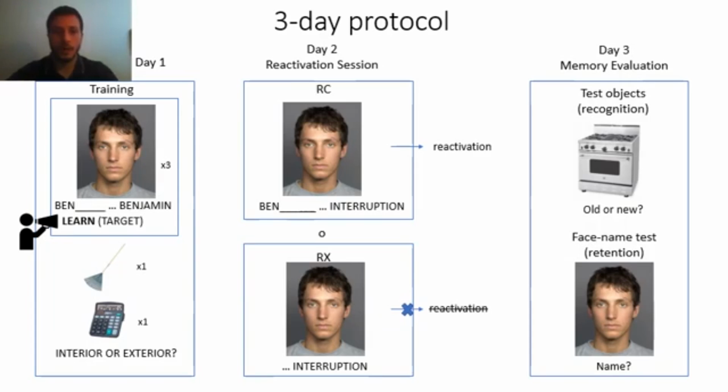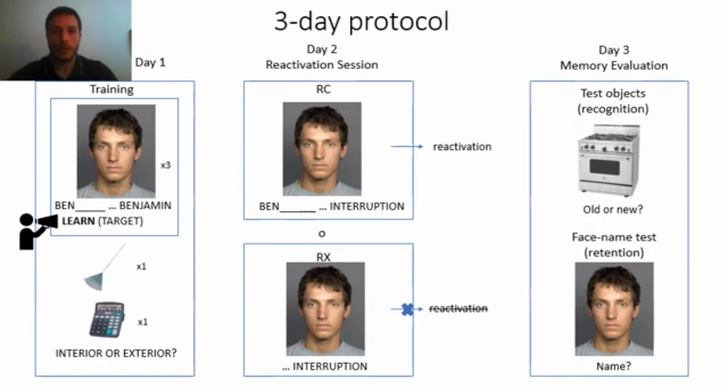The RC group received a reminder that has been proved before to generate reconsolidation. In this case, the person sees the face and then they see the first syllable, and when they are expecting to hear the cue and see the sign that tells them to type the entire name, they see an interruption sign, and therefore this mismatch generates the labilization and the eventual reconsolidation.